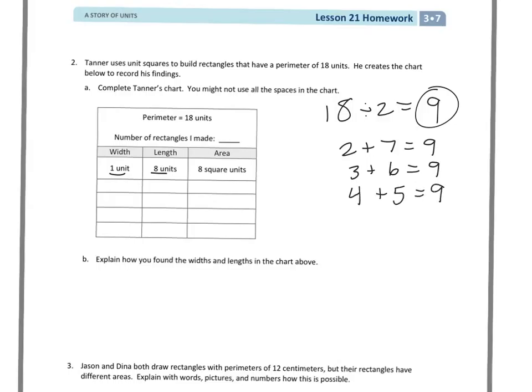And I can't go any higher than that, because if I get up to 5 plus 4, it does get me 9, but it's the same thing as this one. So I'm not going to do that because it's the same rectangle, it's just turned a different direction. So I don't want to do any repeats. So I'm going to write these in, and